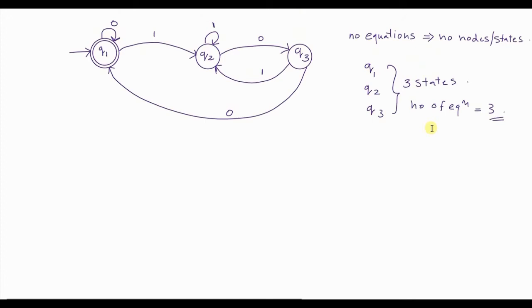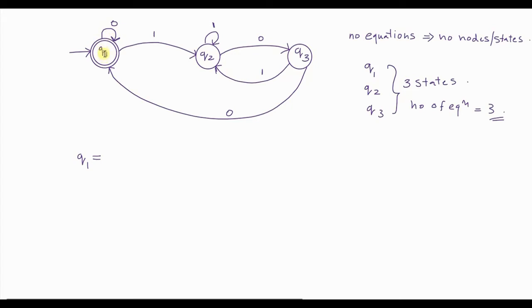Now how to design an equation? Let's start. Q1 is the first state, and notice that Q1 is also the initial state. So how will we design the equation? Now these equations will have terms. Now how are you going to frame the terms of Q1? So Q1 is the state. Now you see what are the in links which are coming to Q1. What are the different in links that are coming to Q1? So from Q1, on reading 0 you come to Q1. So this is one in link.